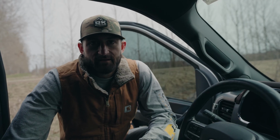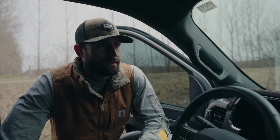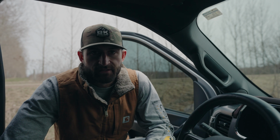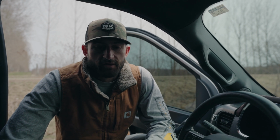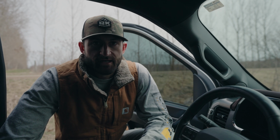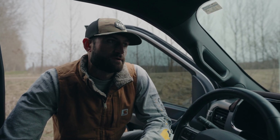Well, that's a wrap on day number 2 of hopefully many out here. Felt good to get all that busted out. Just met with the excavator there and went over some stuff. He's going to get going on that bigger food plot clearing, get that opened up. Said that shouldn't be too big of a deal, and then we went up to where we're going to hopefully